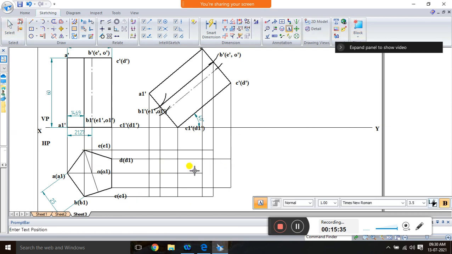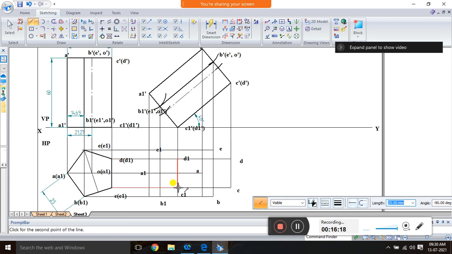Then you have to name it. So this one is A, this one is B, this is C, this is D and E, and here A1, B1, C1, D1, E1. And if you see from the top, you are able to see this face, this ABCD face is visible, and this face is also visible. The only thing is D1 and C1 are not visible. So first you have to mark that D1, C1. D1 and C1 are not completely visible.